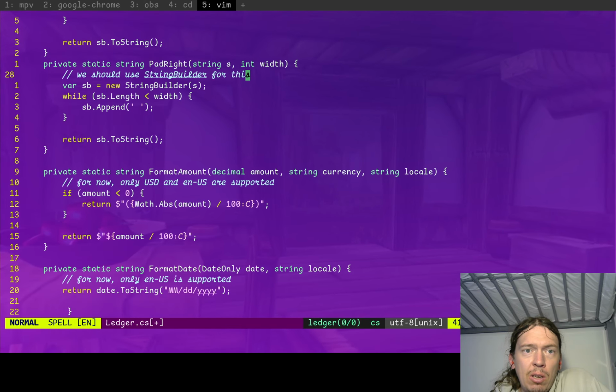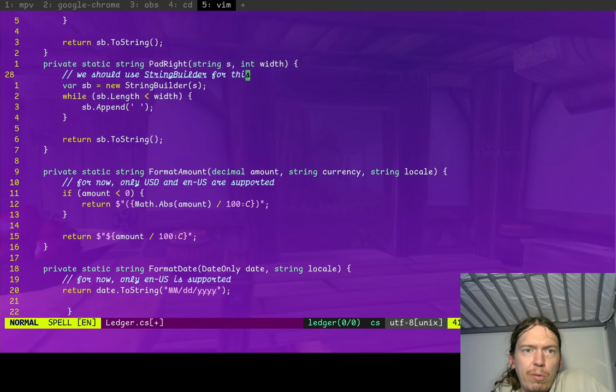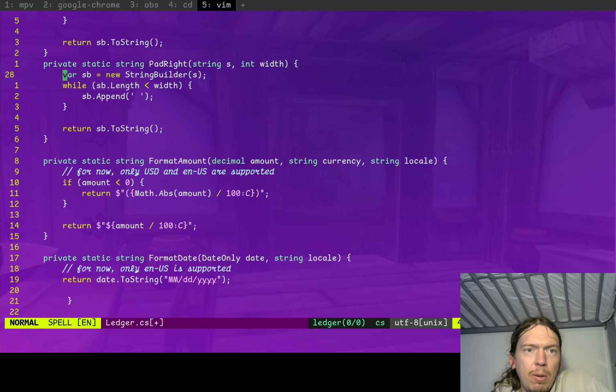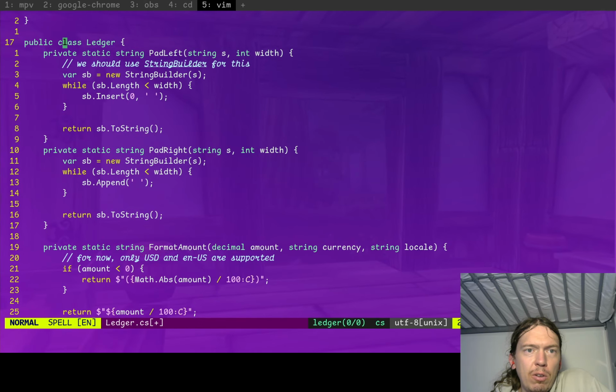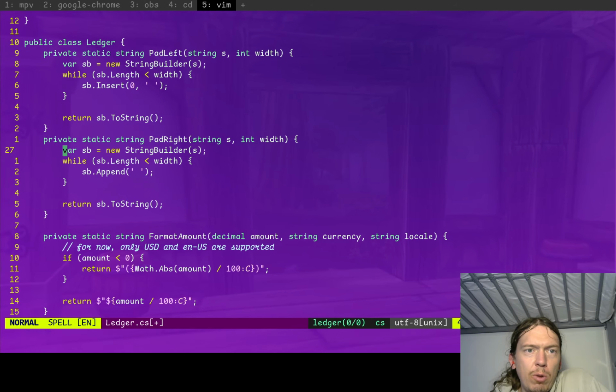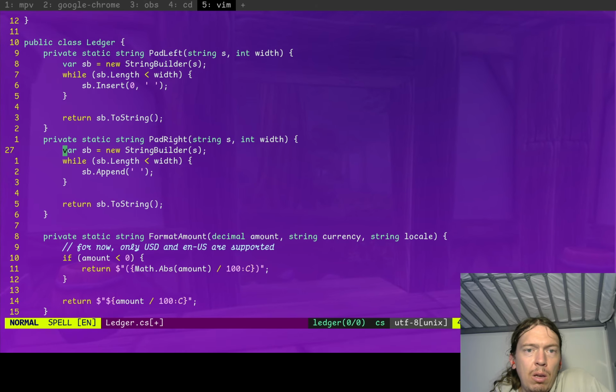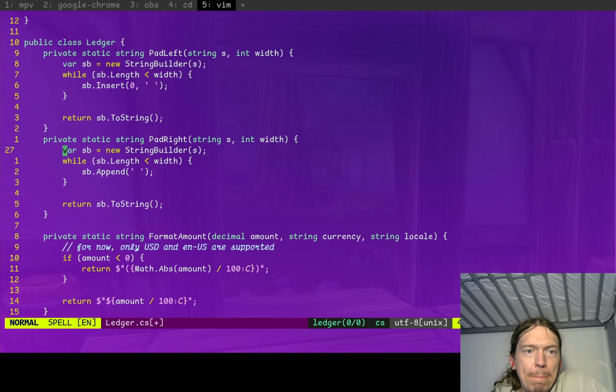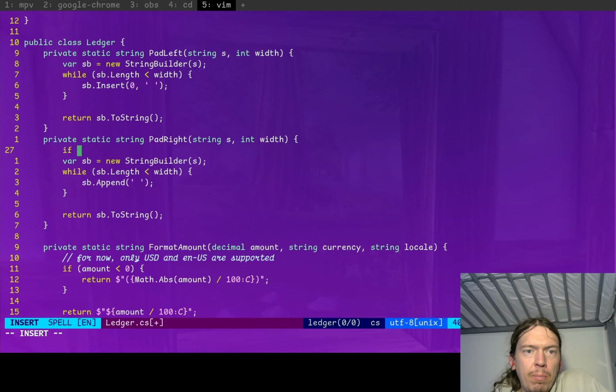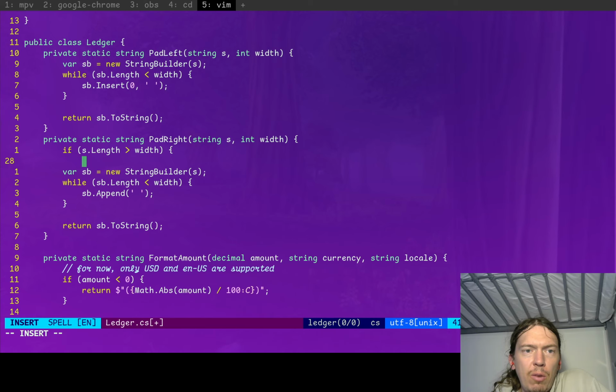I guess. Okay, so I have a note here. We should use string builder for this. Well, I am. Okay, so the note is not needed. And I have it here as well, don't I? All right. So the note is not needed. We are using string builder. So I'm going to say if s length greater than width, then we're going to cut it off. We are going to return s substring